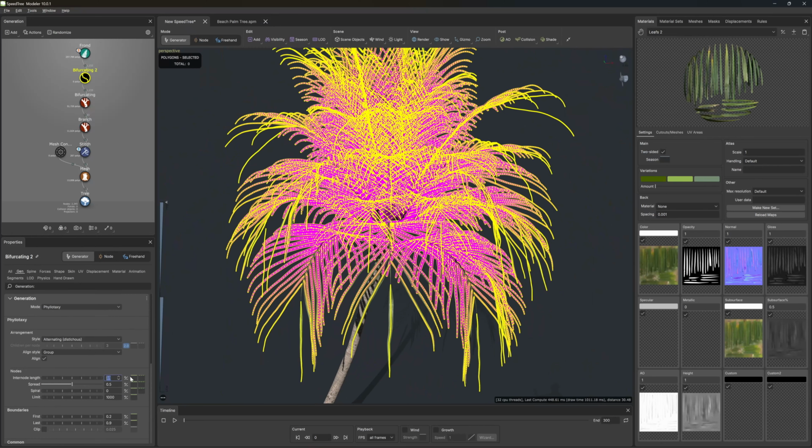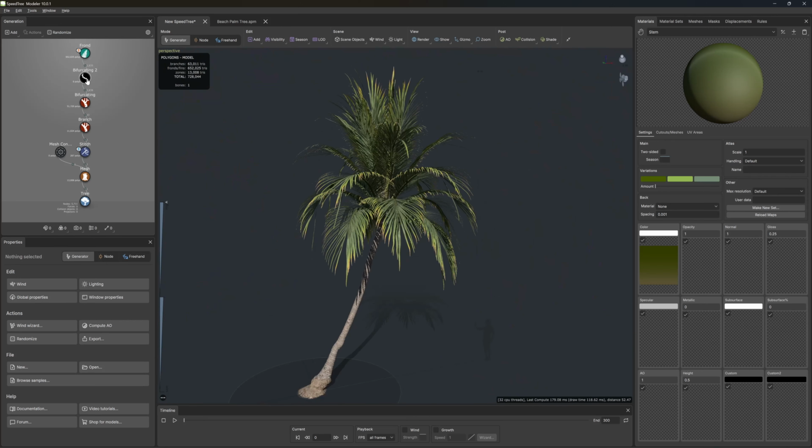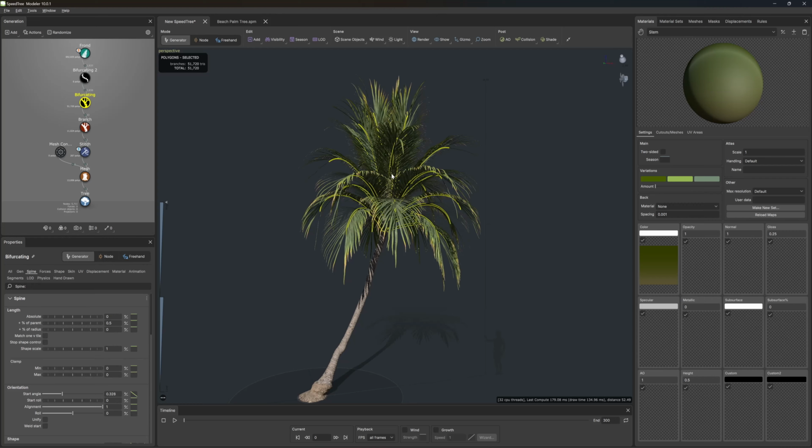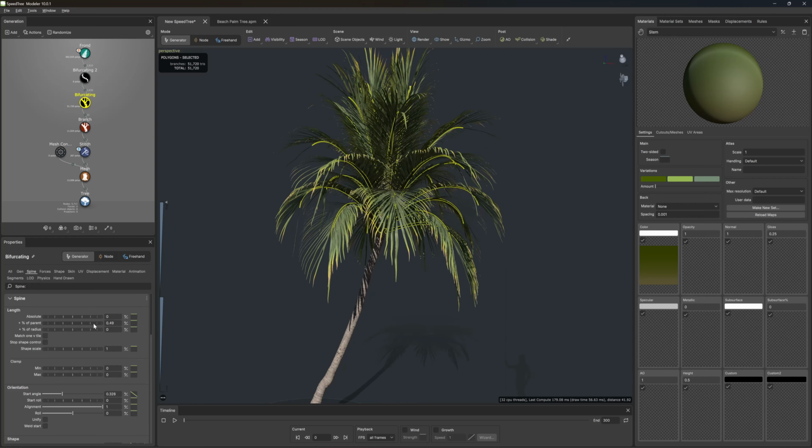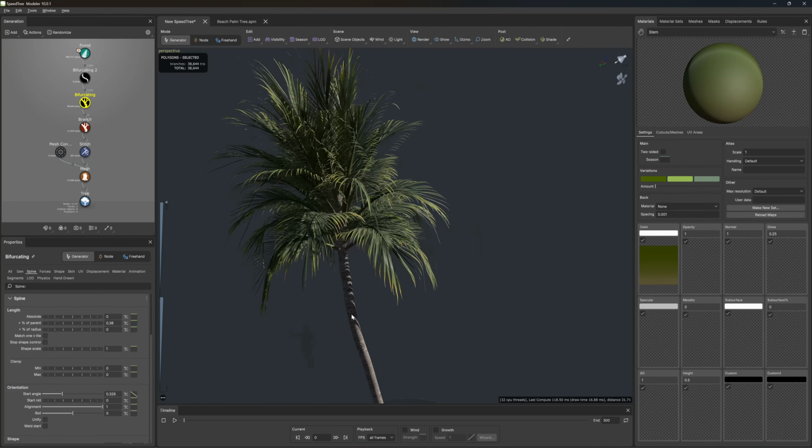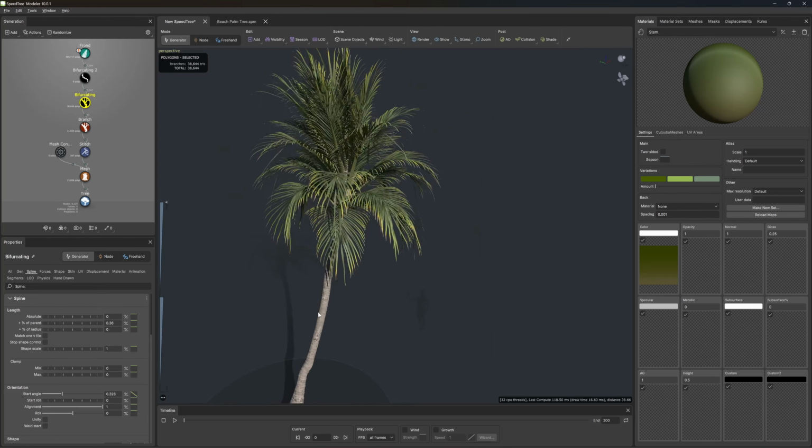Okay, so now let's press Shift F on the keyboard. So now we have our entire palm tree showing again. So now let's decrease the length of our main branches or stems so they're not this long. So let's decrease this amount. This looks great. All right, so now I'm going to show you how you can create a gradient effect so